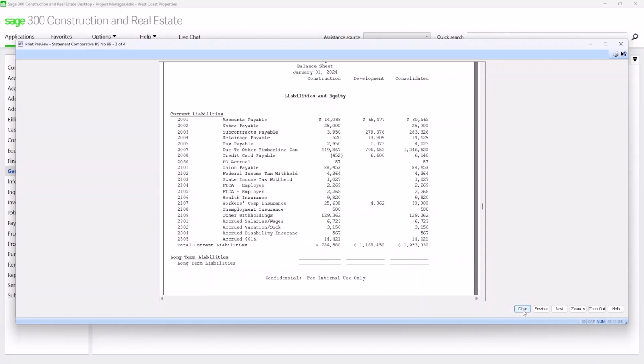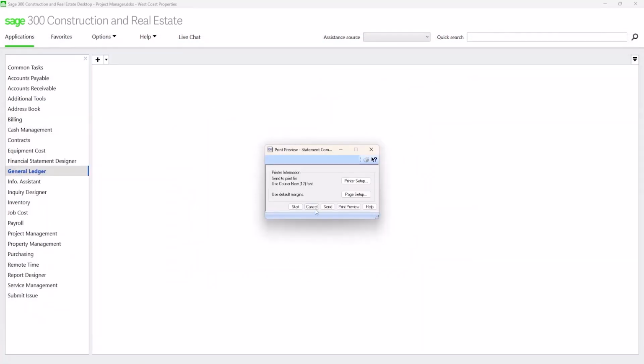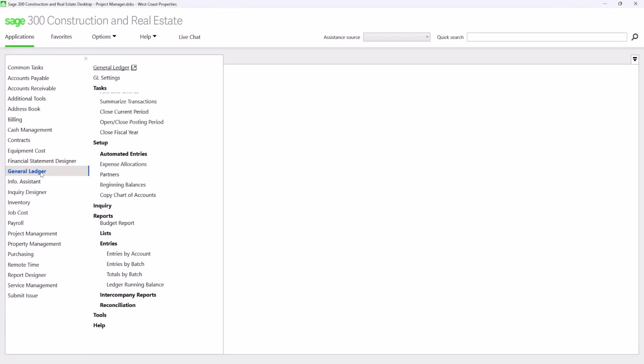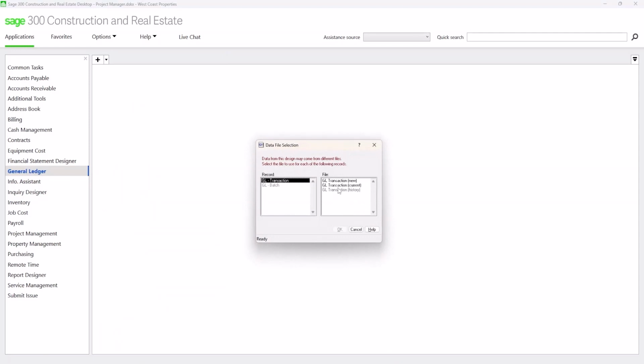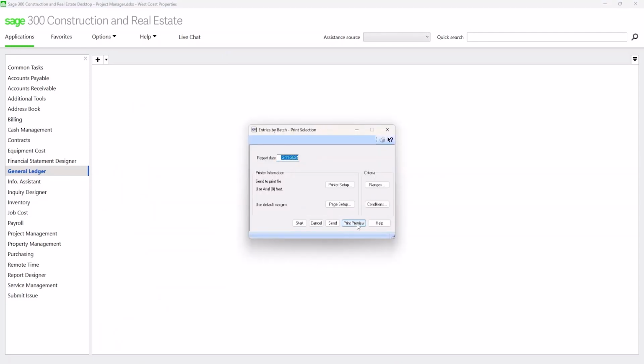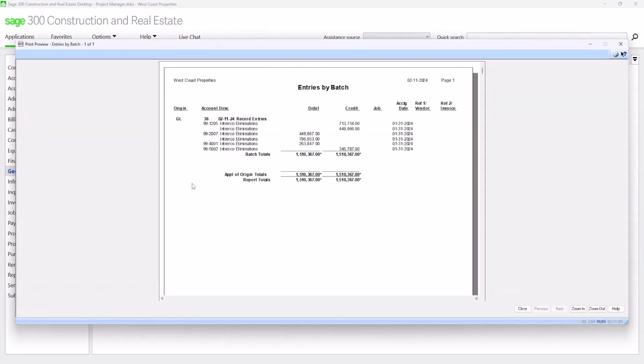In order to eliminate those entries, you can book those eliminating entries in company 99. And what we did here in preparation for this presentation, an entry was made in company 99 to eliminate intercompanies. So that's a simple journal entry where you book your elimination between entities. And as you can notice here, those entries are booked into entity 99.